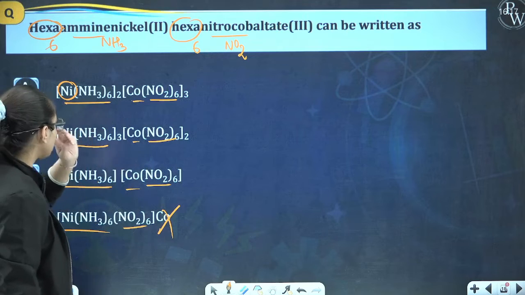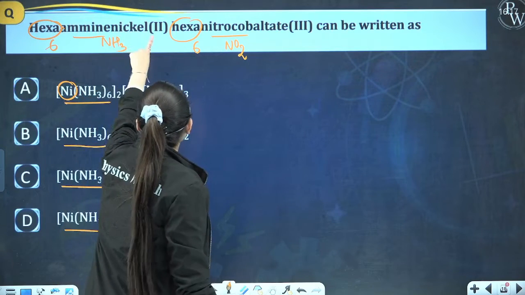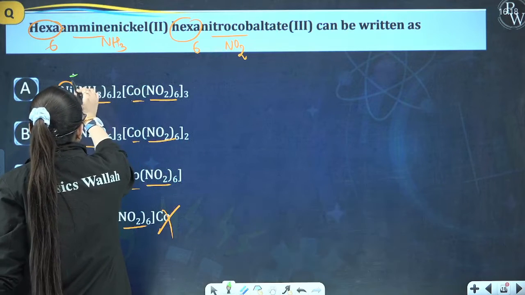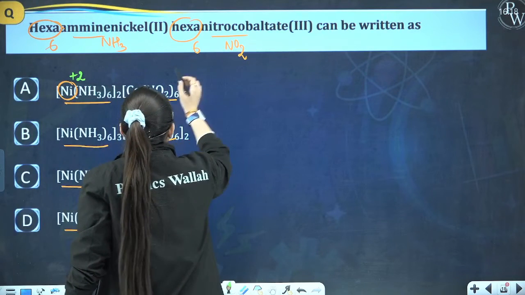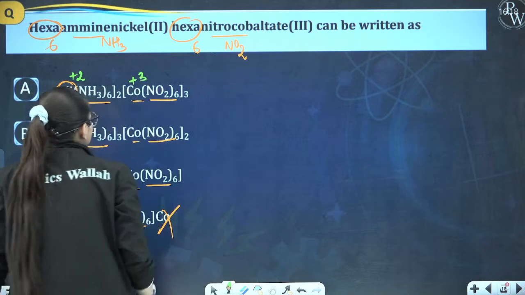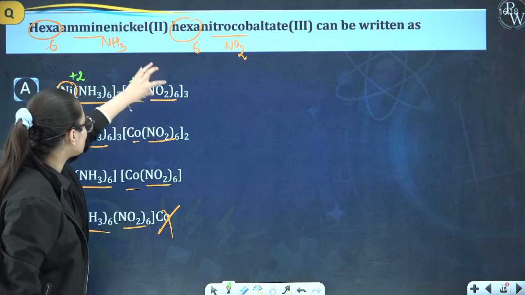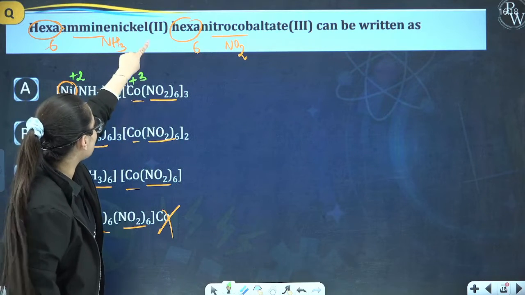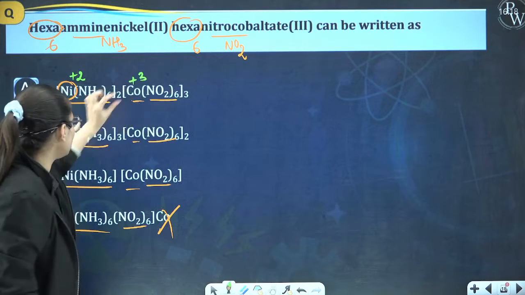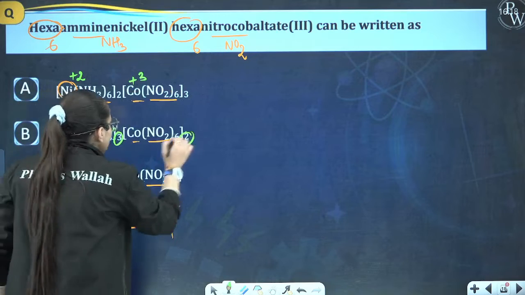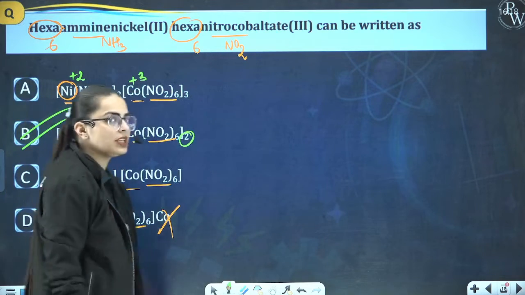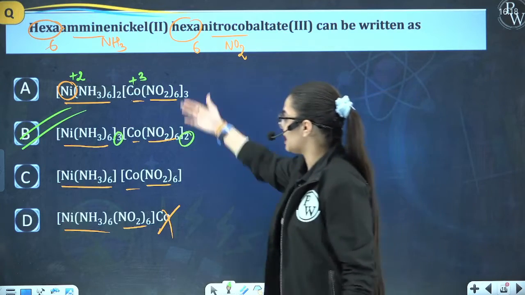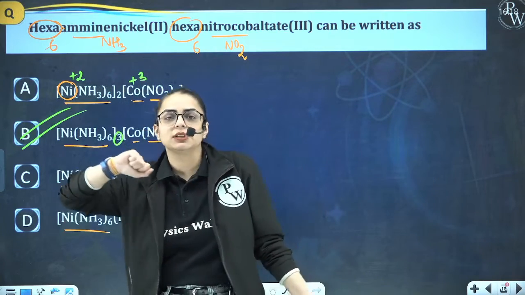Now moving on to the next part. Here they have written the oxidation state of nickel as +2. Over here, the oxidation state of cobalt is +3. So the charge on this will come at its base and the charge on this will come at its base. Basically, one has an overall charge of 2 and the other has 3. So 3 charge will come over here and 2 charge will come over here. Hence, option number B is going to be the correct answer. If you feel that you are unable to do so, you can write their names accordingly and match with the nomenclature. Great.